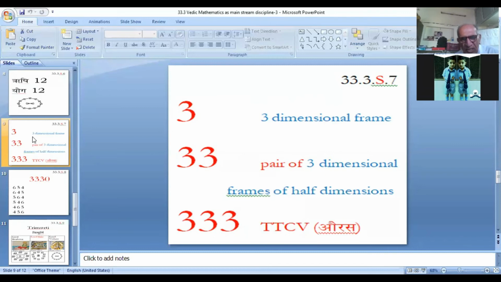This value 3 is parallel to a three-dimensional frame. Then we know that a three-dimensional frame is a synthetic setup of a pair of three-dimensional frames of half dimensions. It is this synthetic setup of a three-dimensional frame as a pair of three-dimensional frames of half dimensions which will